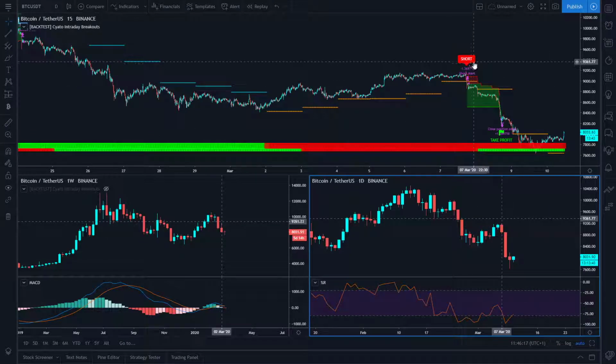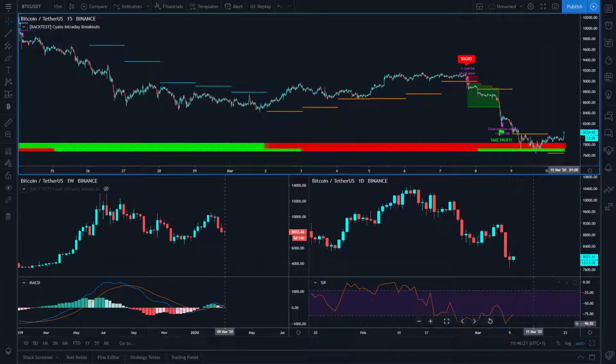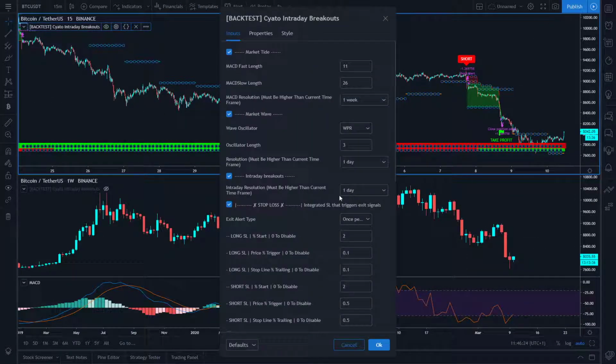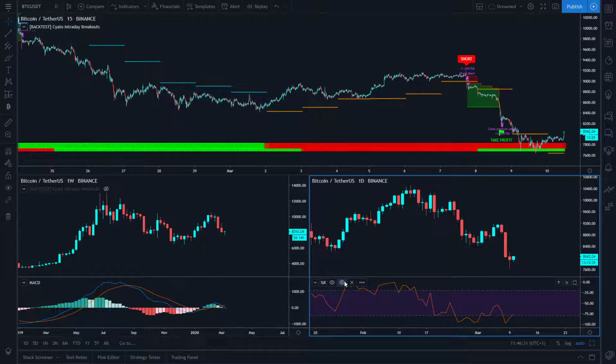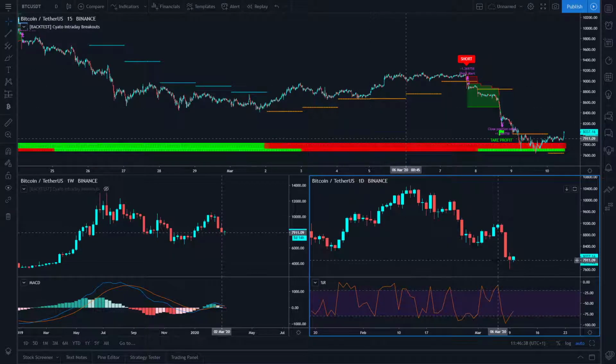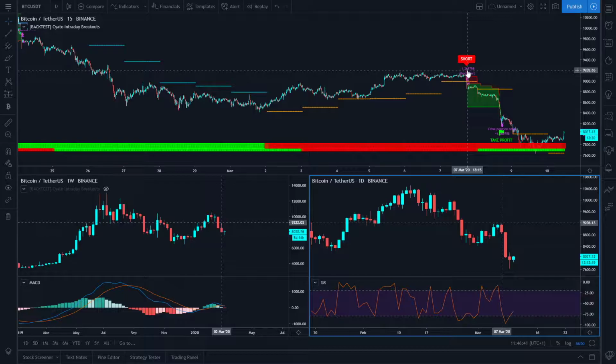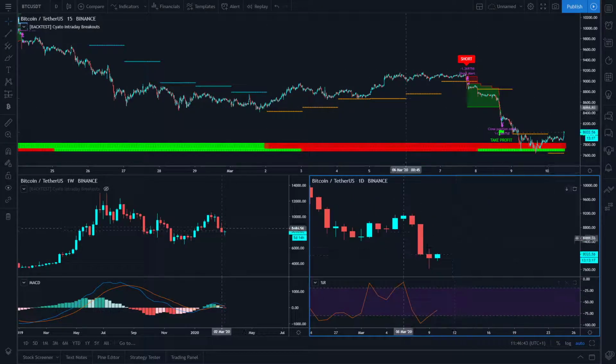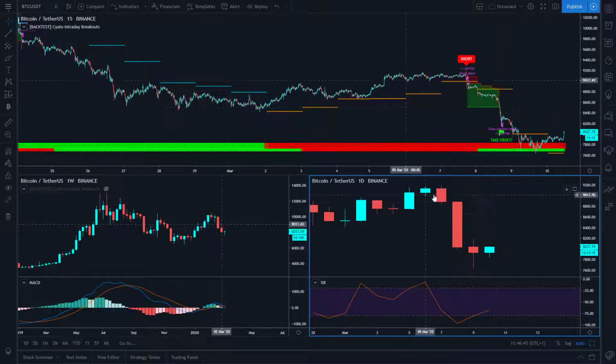So to match the configuration we have here, to match this short that happened on the 8th, we have to look at the parameters. So we have the oscillator length set on 3, meaning we have a length of 3 bars. So if we set it here to 3, we can see that, on the 8th, this trade happened on the 7th, sorry. So we're going to zoom in a little. The day before the 7th, we have an overbought situation.